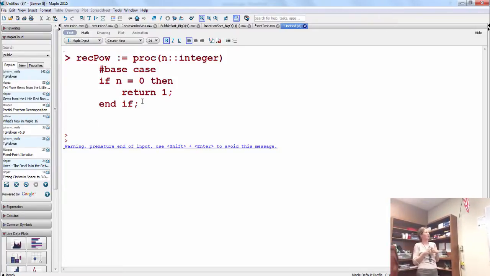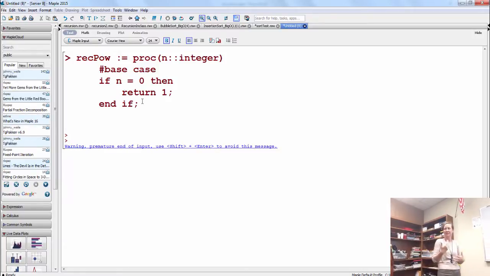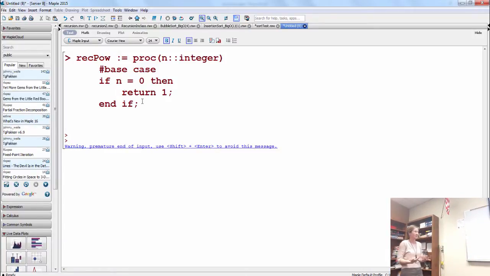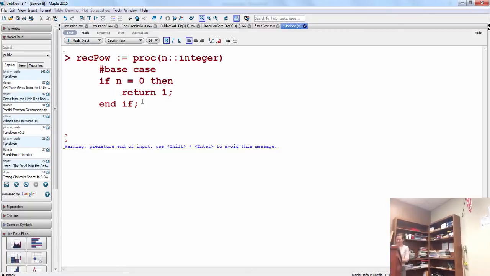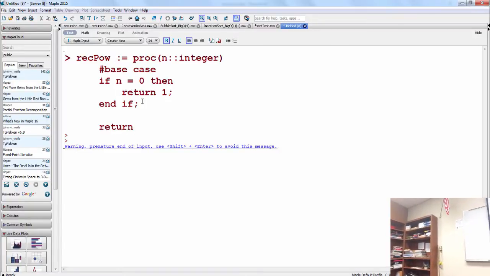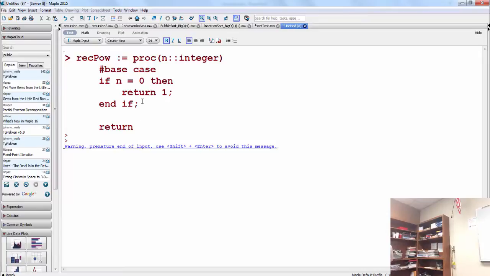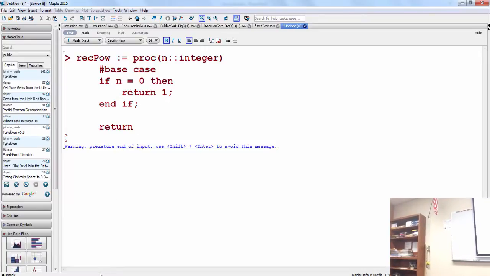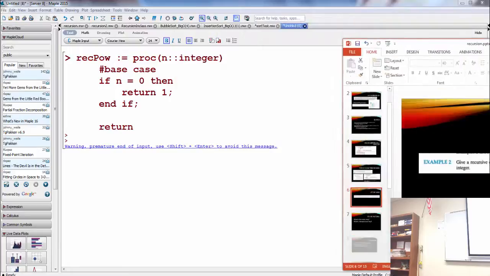All right, what will be our recursive step? For these simple problems, we don't have to make an intermediary variable. We could just say return, right? And then figure out our recursive step. So here's our problem over here.